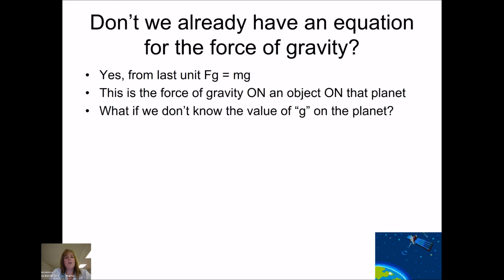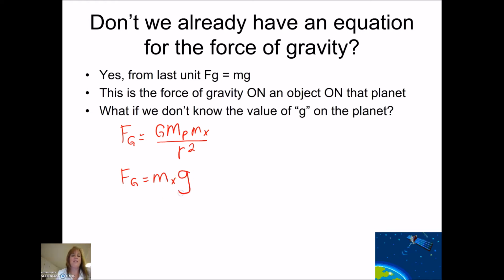If we put some equations together, we have Newton's universal law of gravitation, which is G times the mass of the planet times the mass of the object on the planet over the distance between their centers squared. And our other equation for the force of gravity, remember, is the mass of the object on the planet times the acceleration due to gravity on the planet. So if I set these two things equal to each other, because they're the same exact force, we get